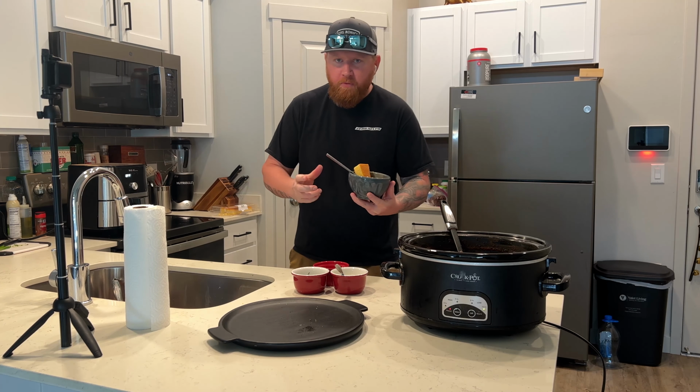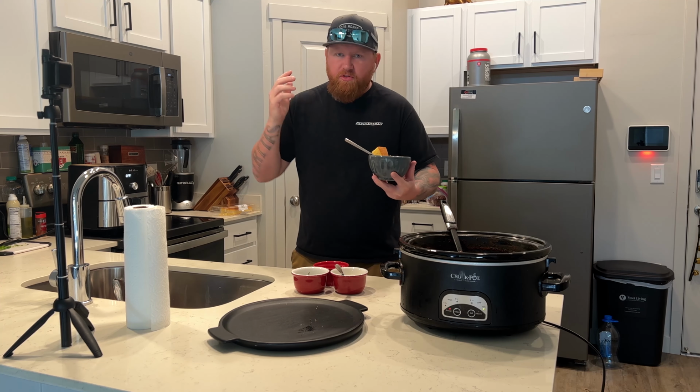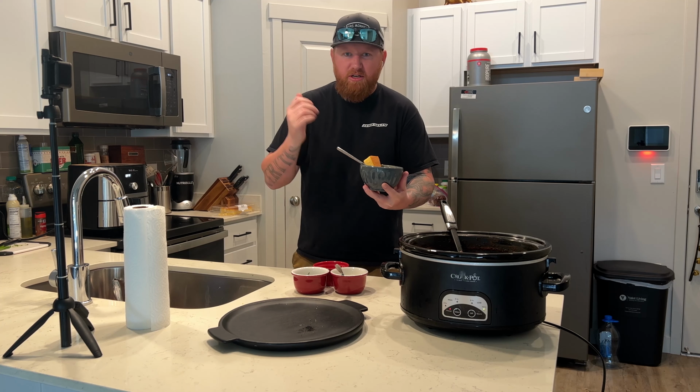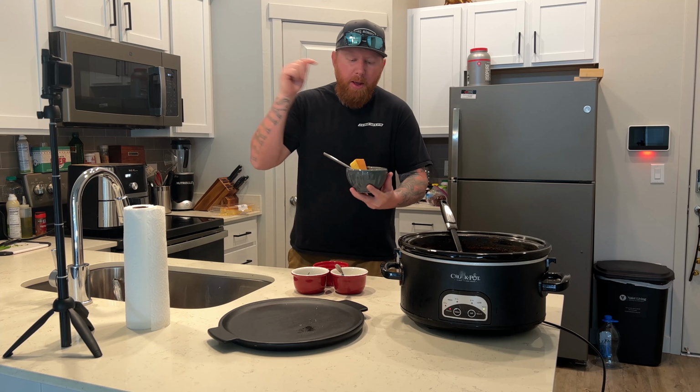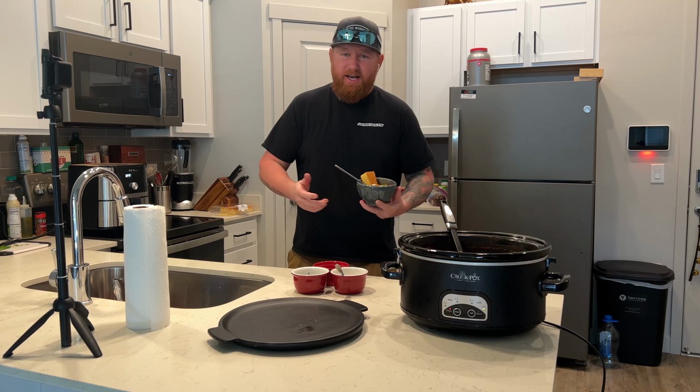The steak, the bacon, the sausage, the acidity, the flavors, the tomatoes, everything makes this a perfect meal in the winter when it's cold outside. Even just